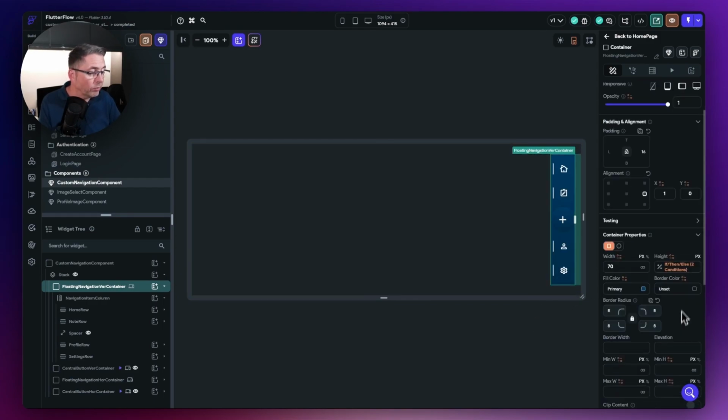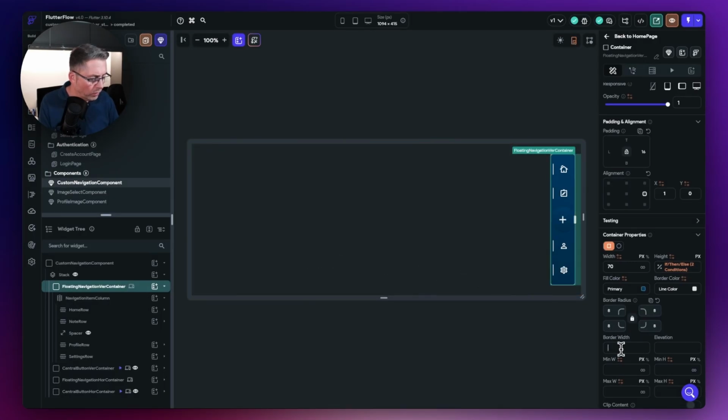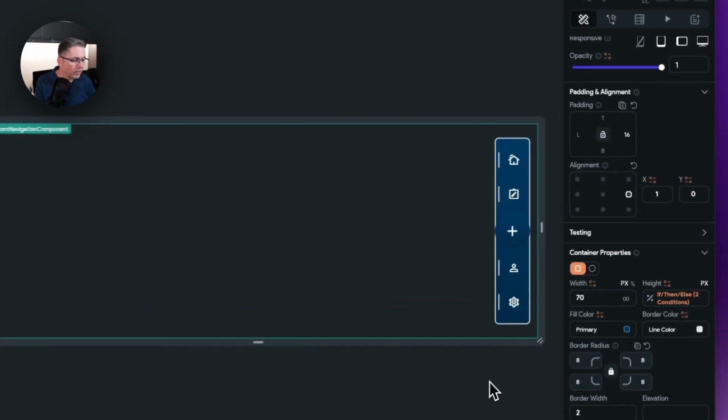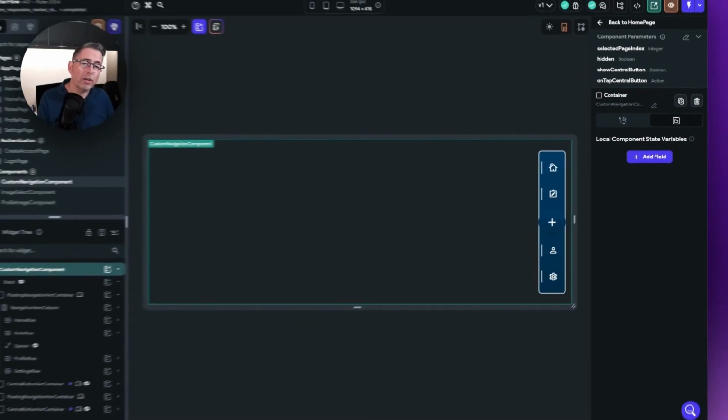So you could come down here to border color. Let's just go down here to say the line color here. Let's choose a border width of 2 here, and if I click away, you can see I've got this white border effect. If you just want to lift that a little bit more away from the actual UI display itself, or you might choose to have no border at all,